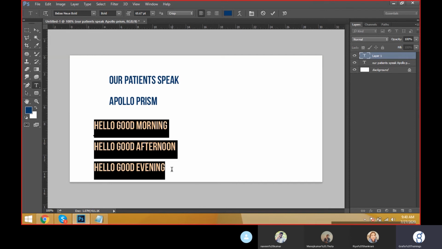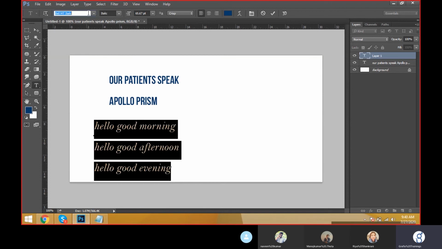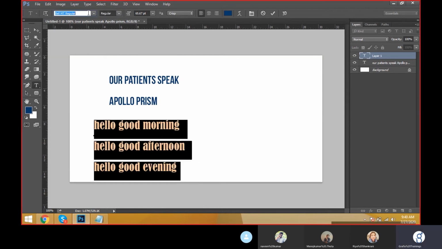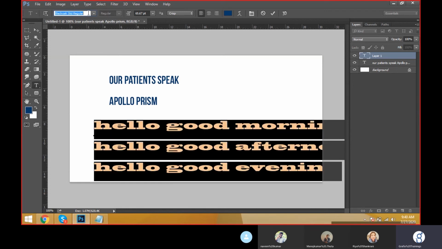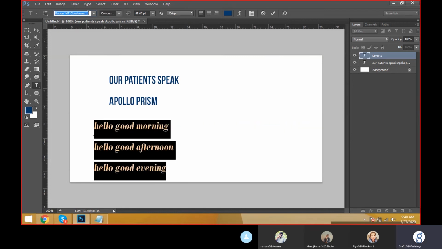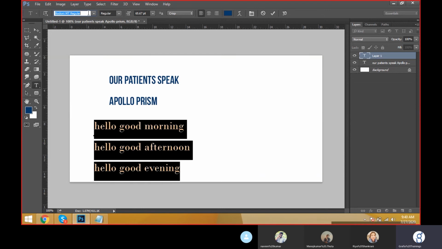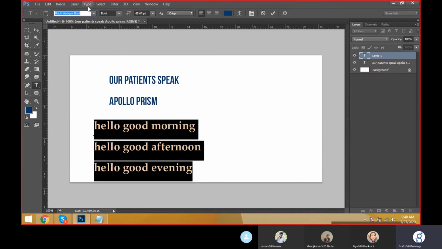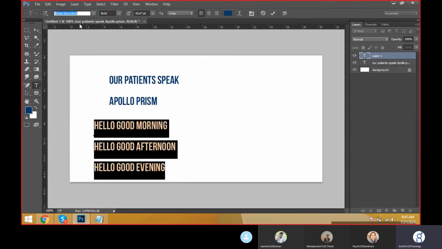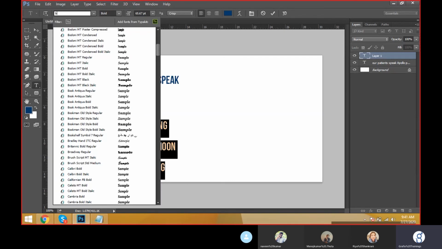Okay, now what are the properties we have for a text, you can see in the properties panel. This is a font family. Font family is nothing but font style. You can change the font family. And you have to know the names also. What are the names? Okay, this is a Bebas. You have to know the names also. What is the font we are using? Okay, this is a Bebas.